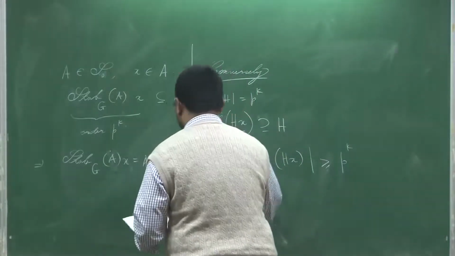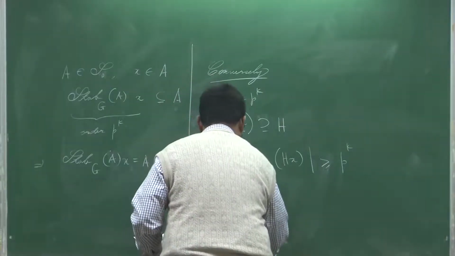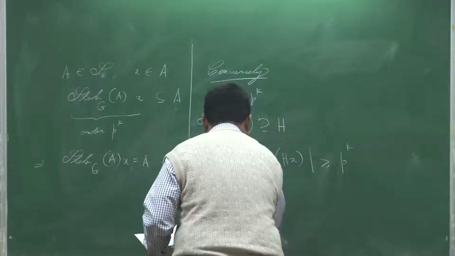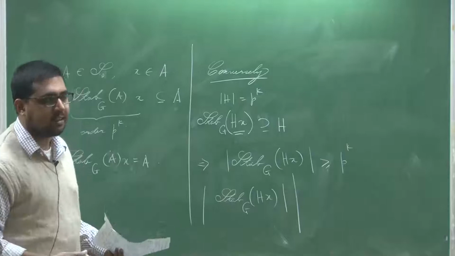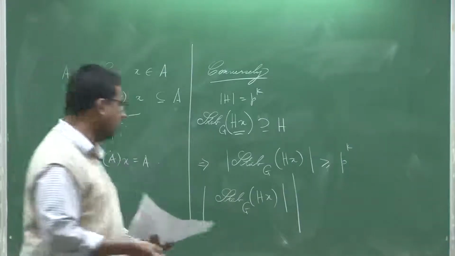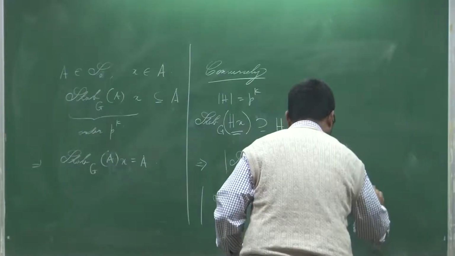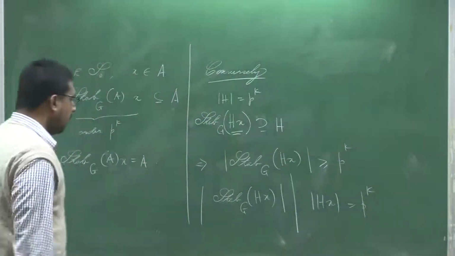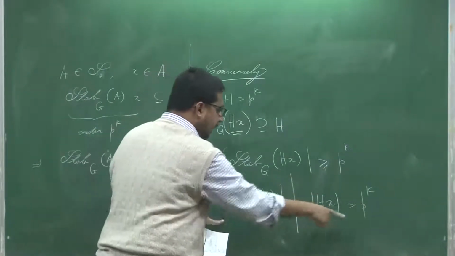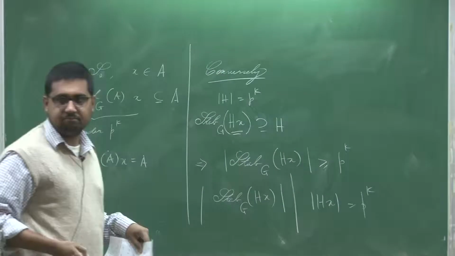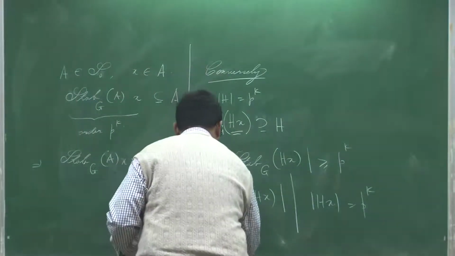On the other hand, we have earlier seen that the stabilizer of a subset divides the order of that subset. So again this is p to the power k. Therefore, this must be at most p to the power k, because it is dividing p to the power k. So, from these two it follows that